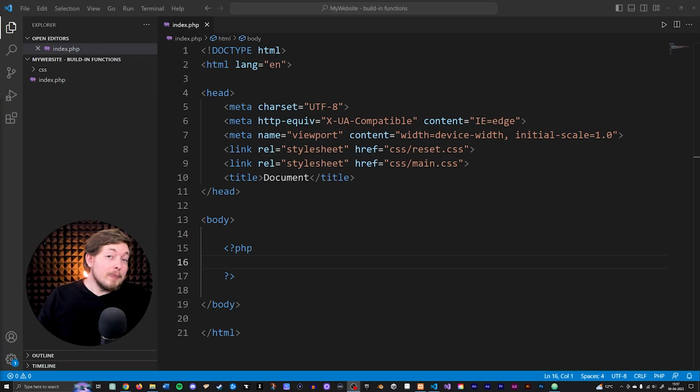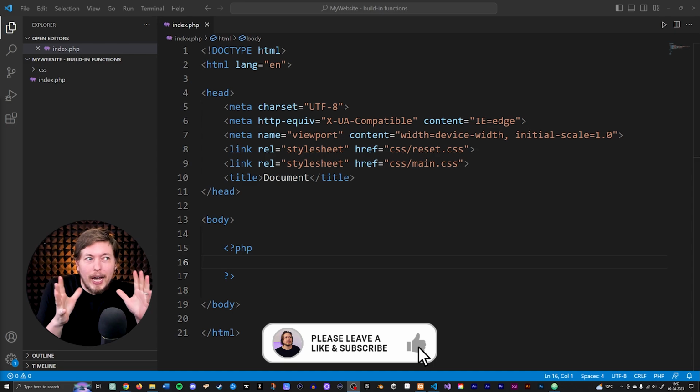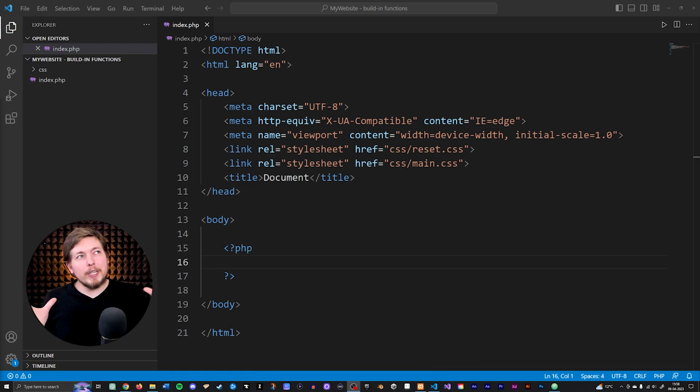So back in our data types episode, we talked a bit about arrays, but we haven't actually talked specifically about how we can create arrays and change them and what we use them for and how to create different arrays with different types of keys inside of them. So there's a little bit we need to talk about when it comes to arrays,